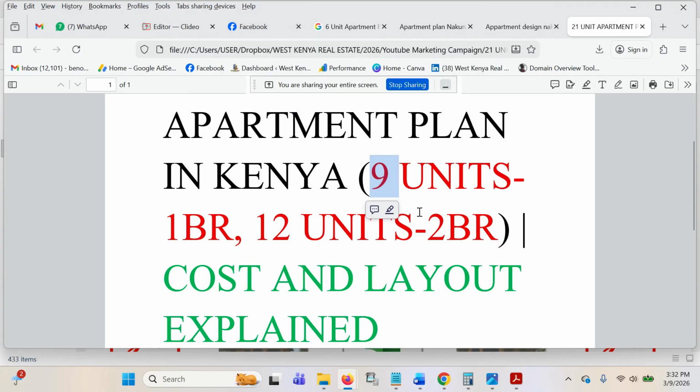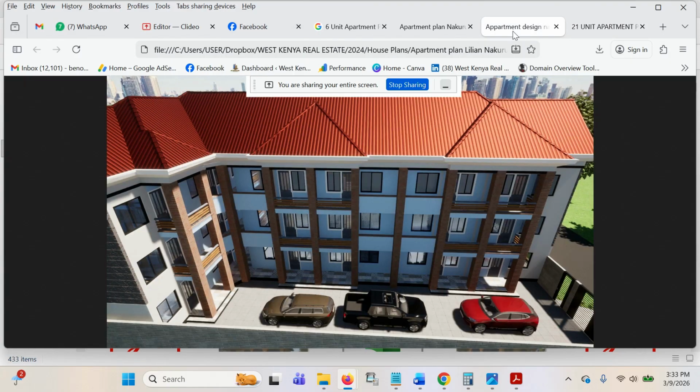This is a three floor apartment. The design is here. So on every floor, there are 7 units. So here is one unit, here is another unit, here is another unit, here is another unit. Then there's this unit here, then this unit here, and then there's the unit at this corner. So this wing up to this corner, you have the three units of one bedroom, and then this section, you have the 4 units of two bedrooms.